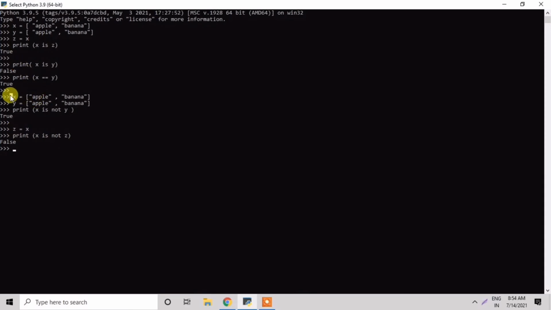It is asking is not, so the answer is false because the statement is not true. The next example is print x is not equal to y. You can see the answer is false.